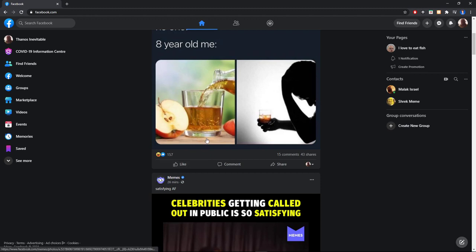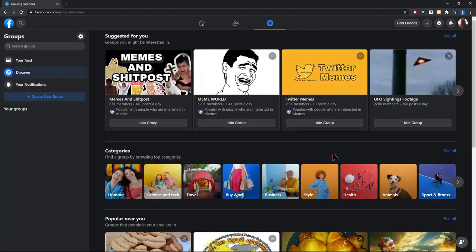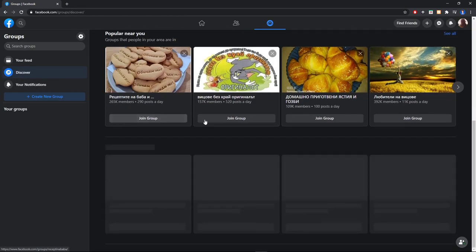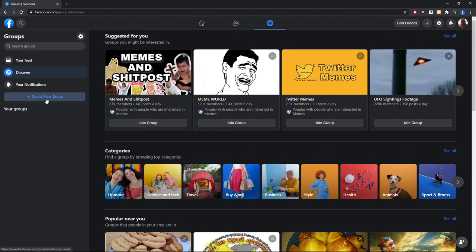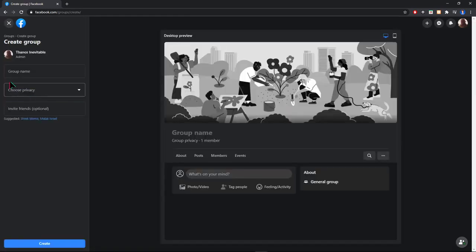So when you're on your Facebook page, just click here on groups on the right side of your page. I mean the left side. Yeah, left, that's left. Click on groups, and from here you can actually join some other groups, but just click here on create a new group, and from here you can choose the name of your group, the privacy, let's say public, and